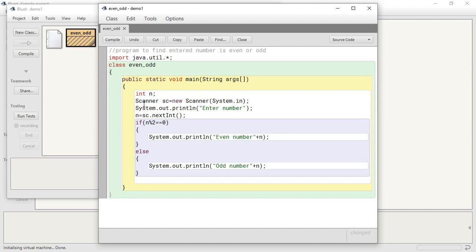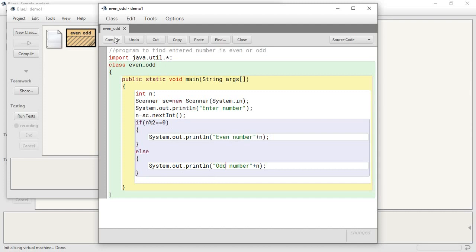As we want to accept input from the user, we make use of the Scanner class, then prompt the user to enter the number. Next, we check the modulus of that number by 2 is equal to 0. If it is equal to 0, then it is an even number. If it is not equal to 0, then it is considered an odd number.